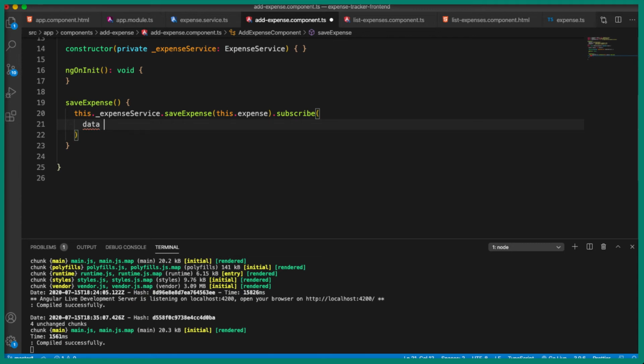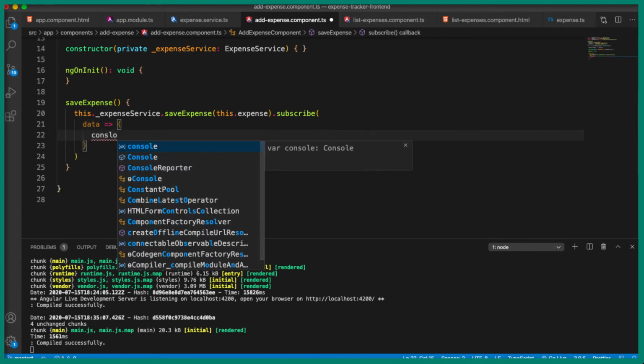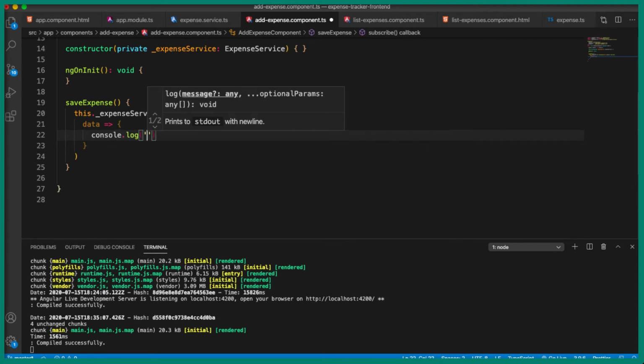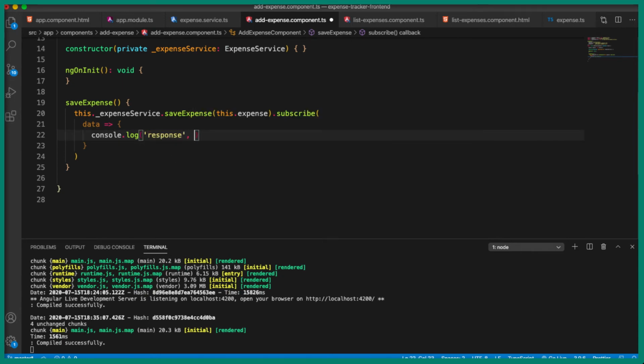So we're not going to map it to anything. We're just going to take the data and print it inside the console just for testing. Console.log, let's say this is response, and data.